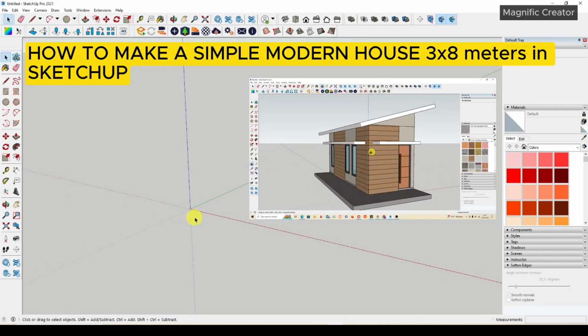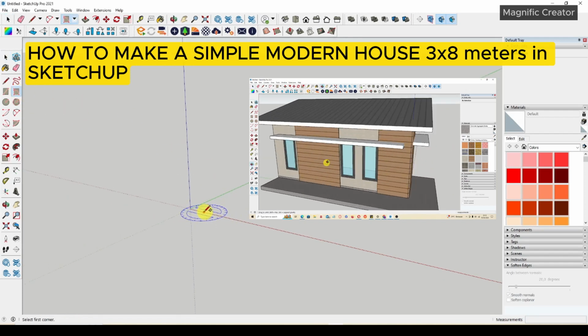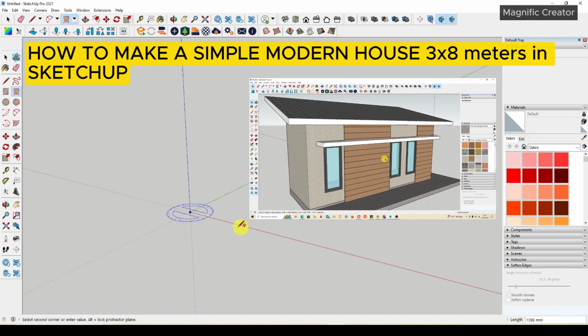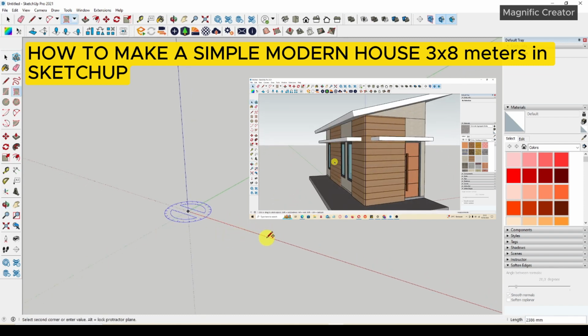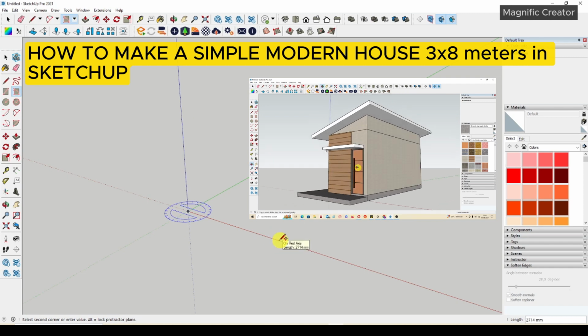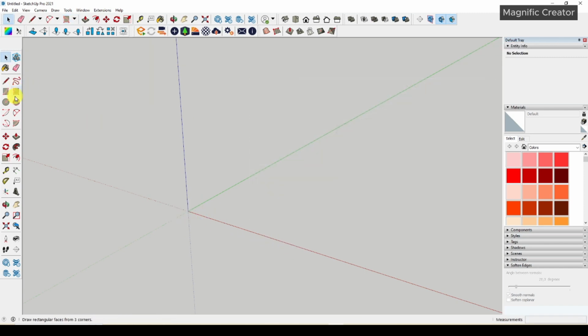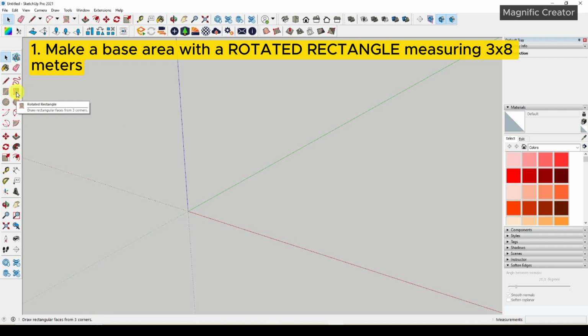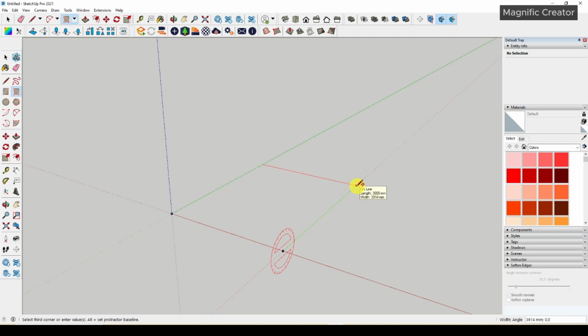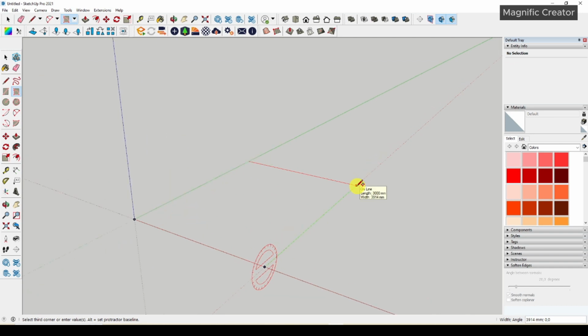Hello everyone, in this video I would like to share a tutorial on making a 3 by 8 meter small modern house. First of all, we have to take the rotated rectangle right here. You can use this tool, rotated rectangle, to draw the base plane of the house. You could type 3 meters for the first side, and then 8,000 millimeter, sorry,